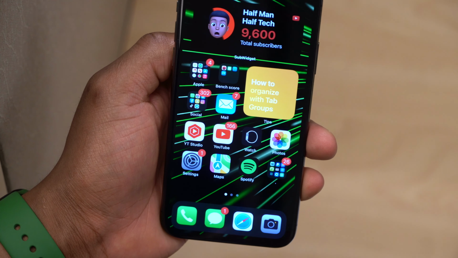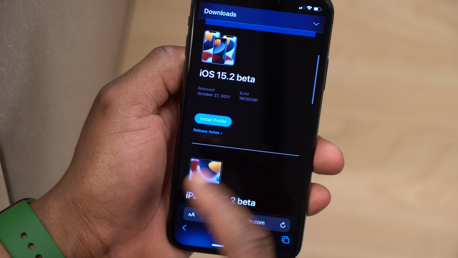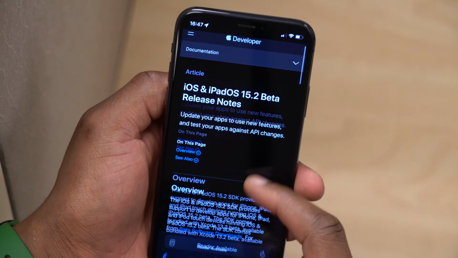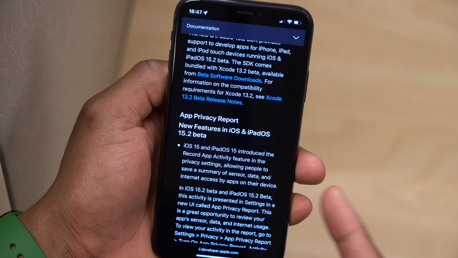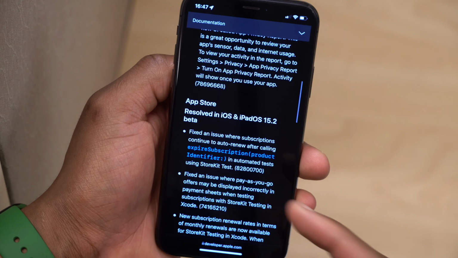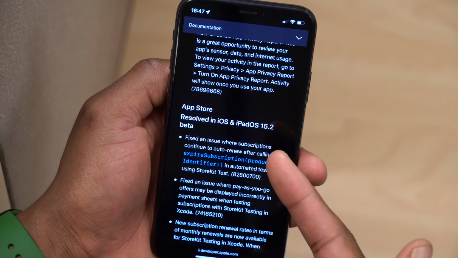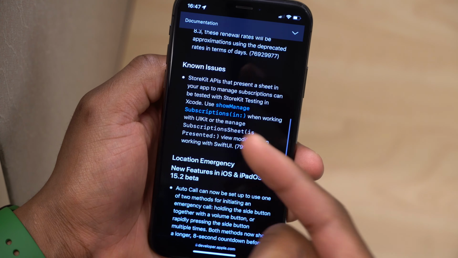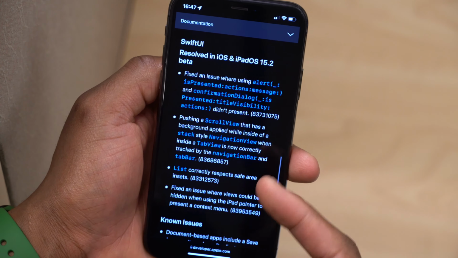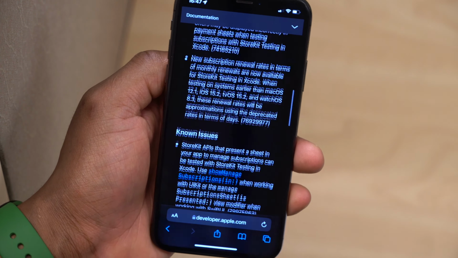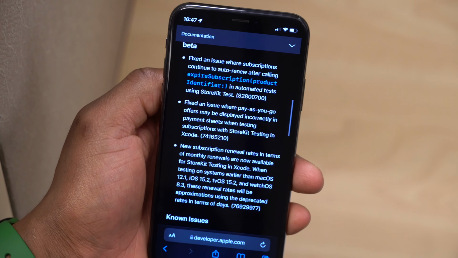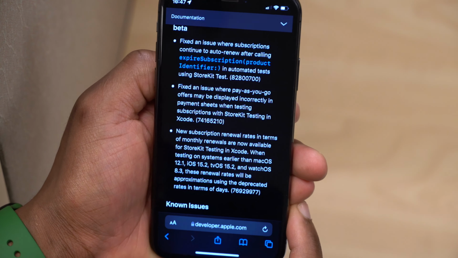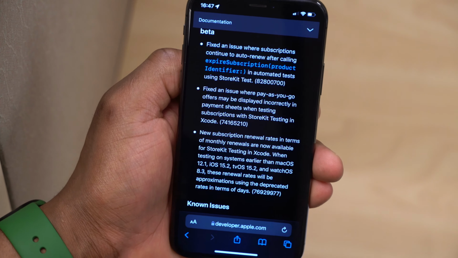The public beta is expected maybe tomorrow, but when it comes to what other changes Apple made, you can see here the release notes from Apple that there isn't much that's mentioned. App privacy report is mentioned as a new feature, and then you have a resolved issue in the App Store where auto subscription might have been having issues. And basically you have StoreKit and just a few other SwiftUI known issues and bugs that are still here. So as you can see, nothing major changed with this update. It does lead to better privacy, but I wouldn't advise you update to it at this time. As you can see, it's highly unstable.